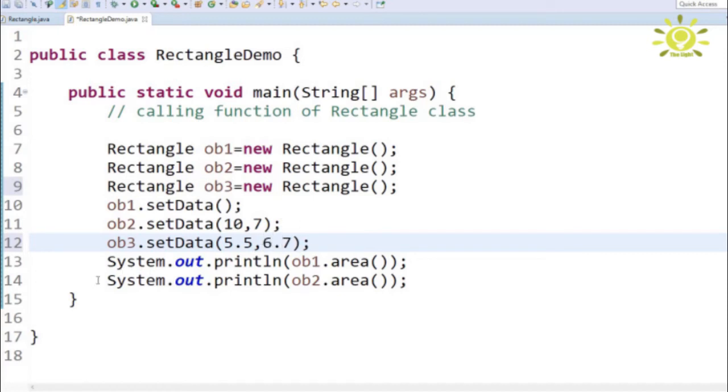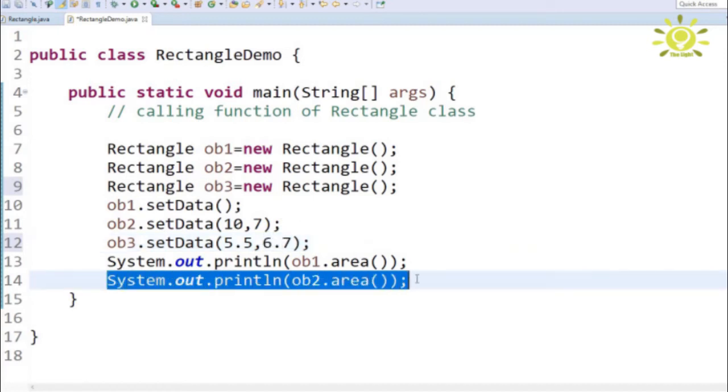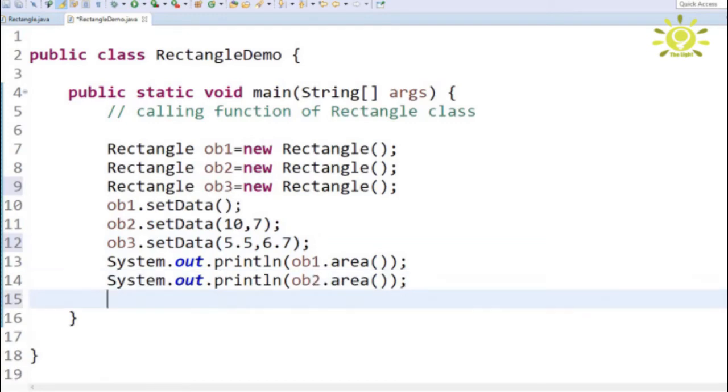Then copy and paste again and change to ob3.area. Save this program, compile and run.